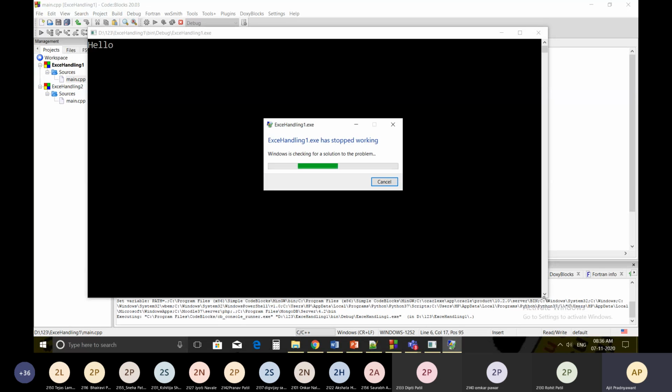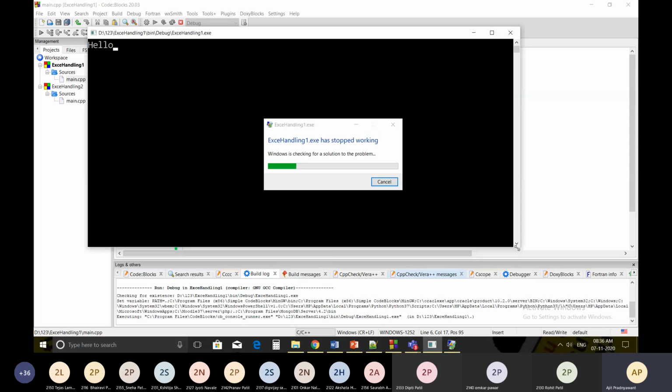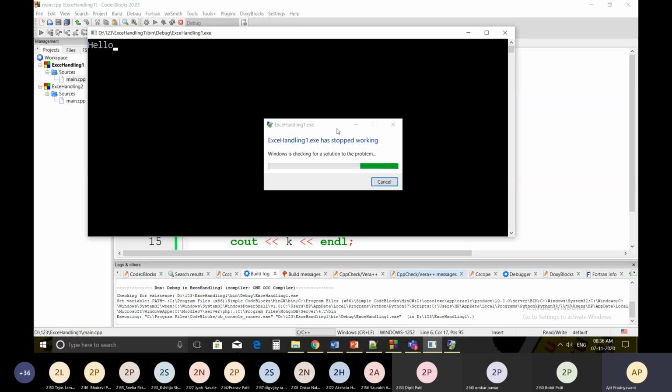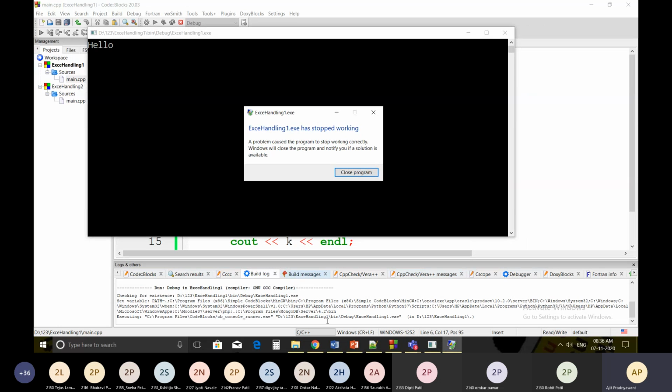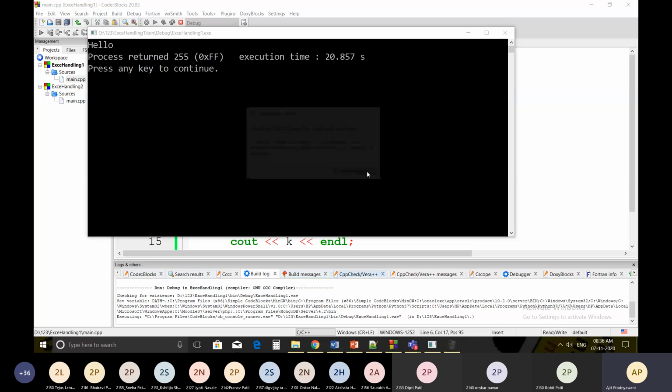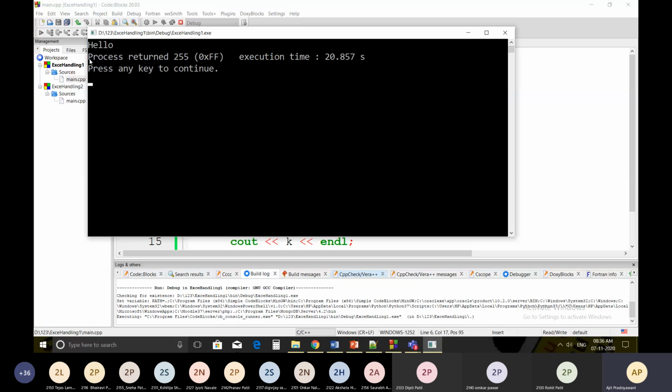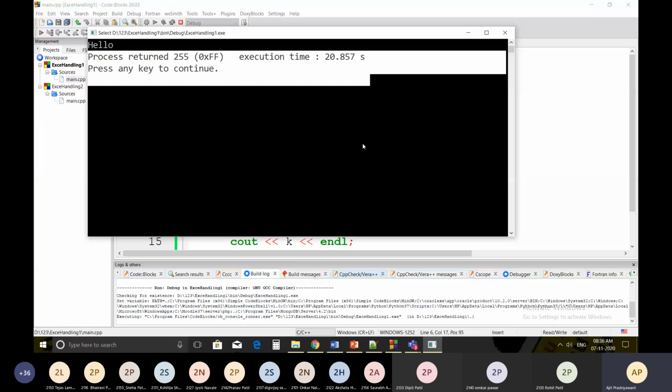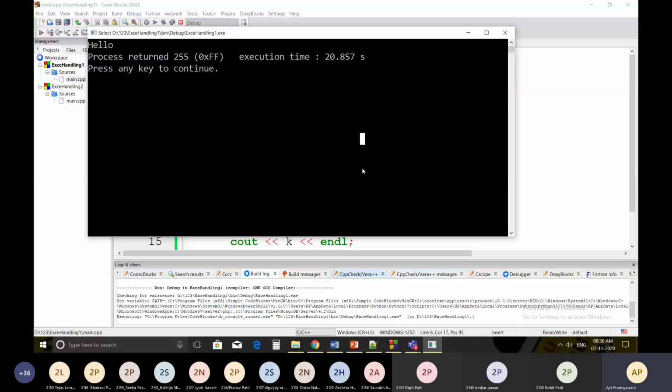It will not execute your program. This will show you that the project stopped working, and this will be the output of the program. It will not print any return value from here because there was a divide by 0 error.